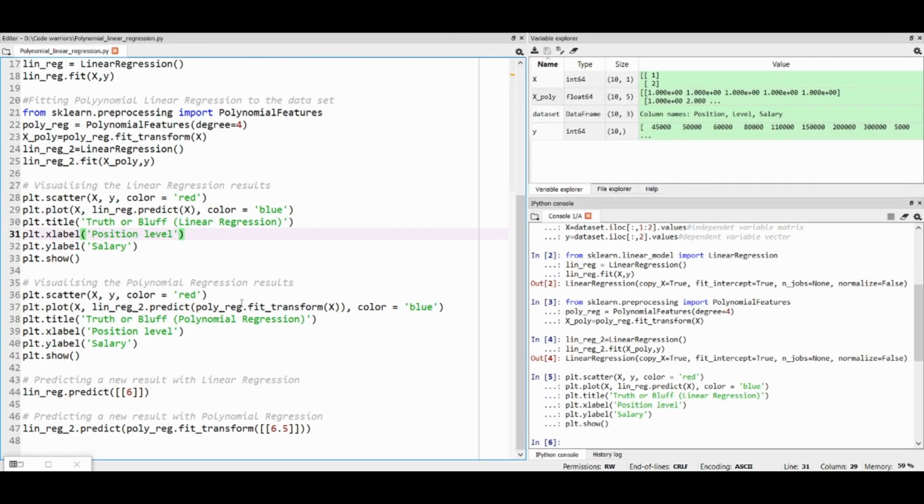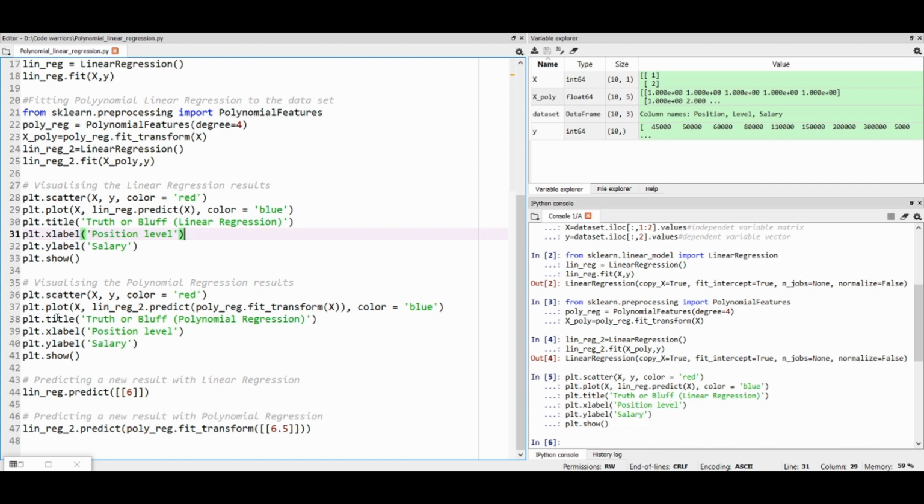So let's now visualize the polynomial regression results. For this also, the only change is the predict function. Here the lin_reg2 object is used with the dot predict method, and we will pass poly_reg.fit_transform(X) here instead of X_poly, because X_poly already has the values of features X, but we want a new feature matrix.